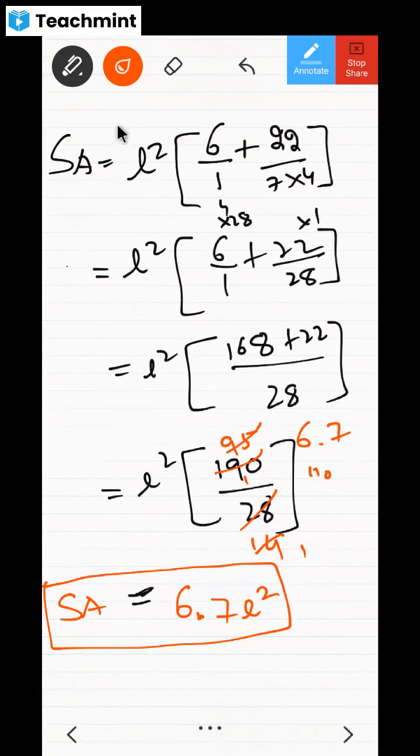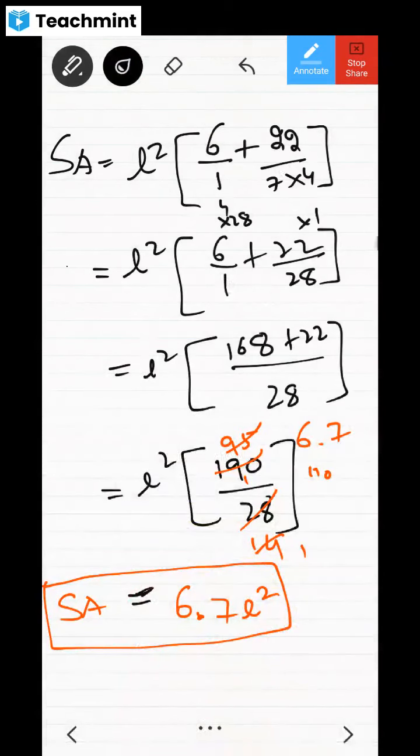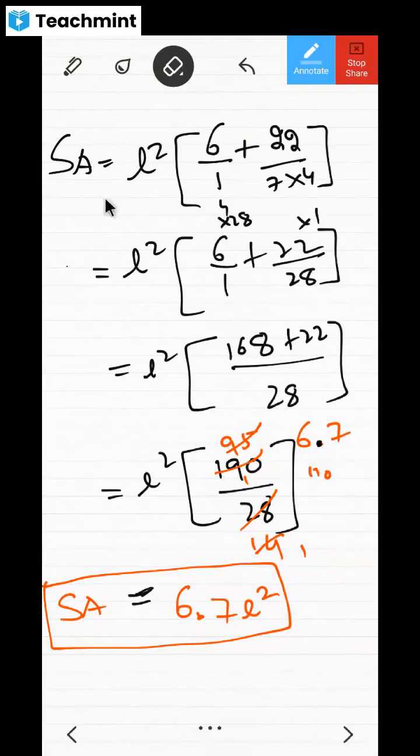Now, you got this 6.7 L square in a peculiar way, no? So this calculation you should not be worried about. This calculation is basic, all algebra. Are you afraid of algebra, these calculations, dear children? No, sir. If you're afraid of these calculations, now is not the time to learn them. It is time to practice them. Already you know. The thing is that you have to practice.